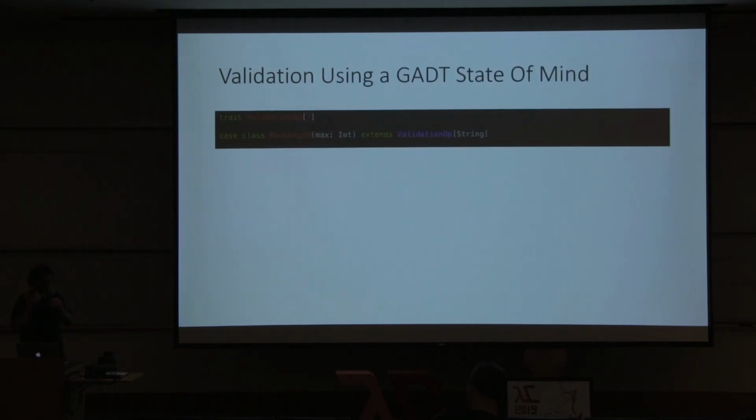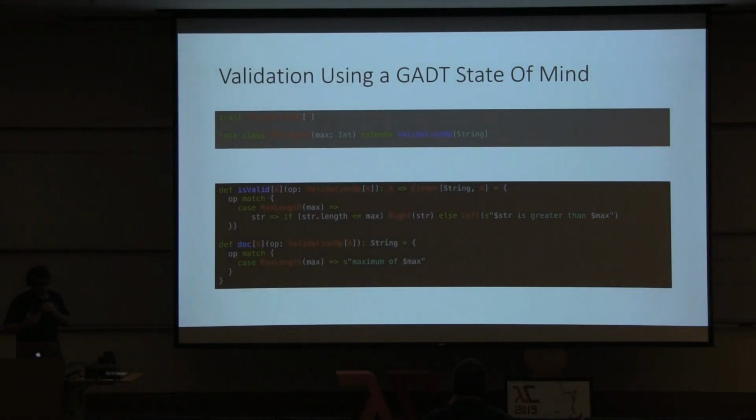All right, so we can think about validation in the same terms that we were just using for our schema. We have this base trait, which should probably be an abstract class, that takes our type T, and then we can define validation operations. These are descriptions of validations. So this one is just saying, hey, this string can have a max of whatever. And then we can provide interpreters which do both validation